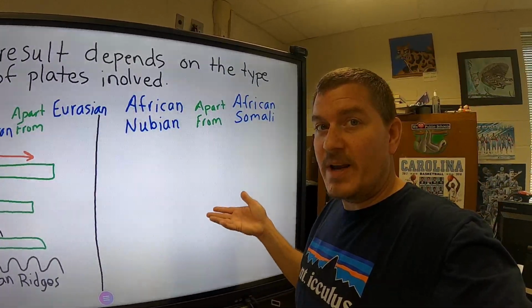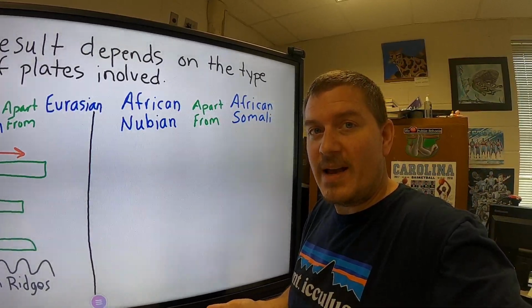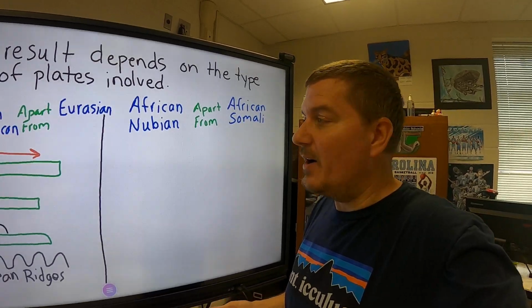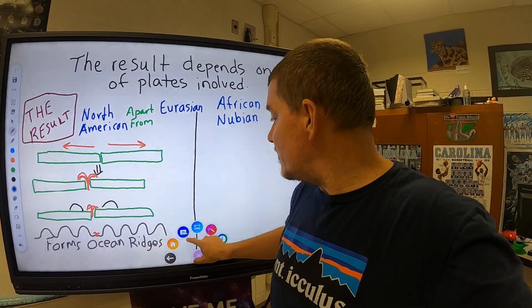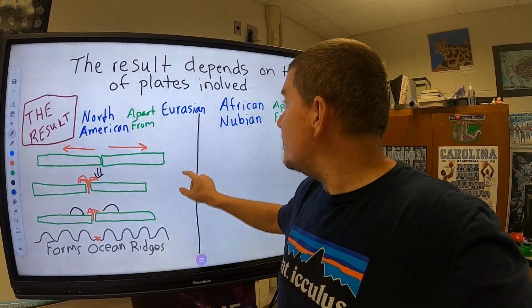So in the future, we can't really consider the African plate to be one plate. It's going to break into smaller plates over time, and it has been for a while. In fact, if we go back to looking at some pictures really quick before we get into drawing what's happening with the African Nubian and the African Somali plate,